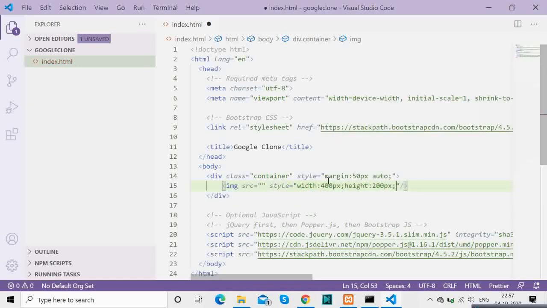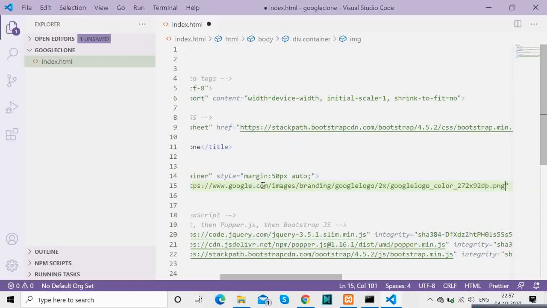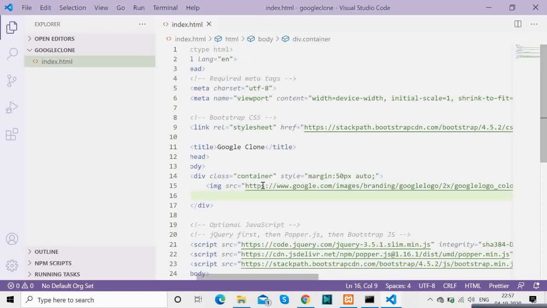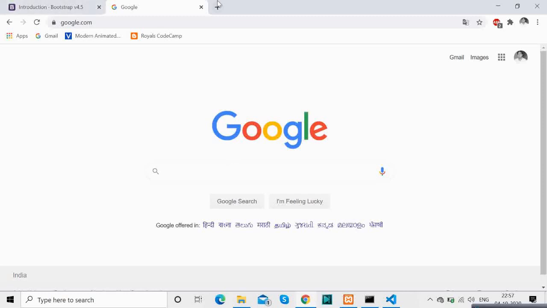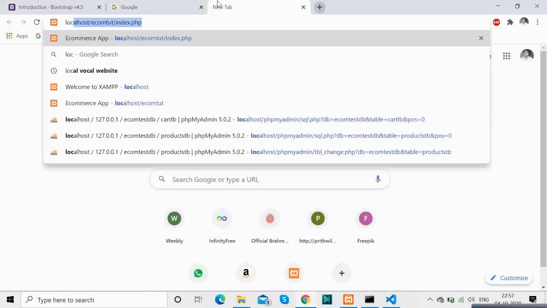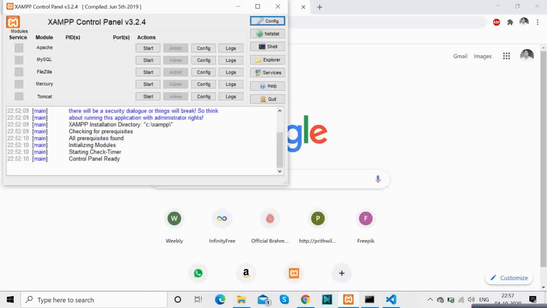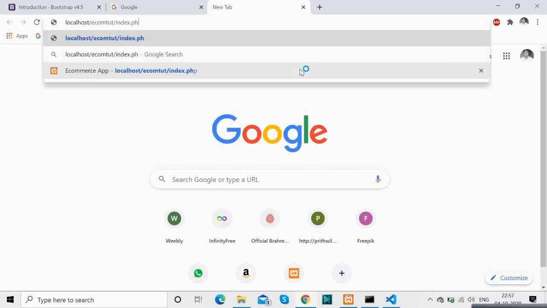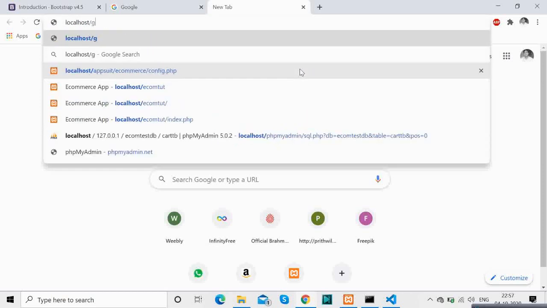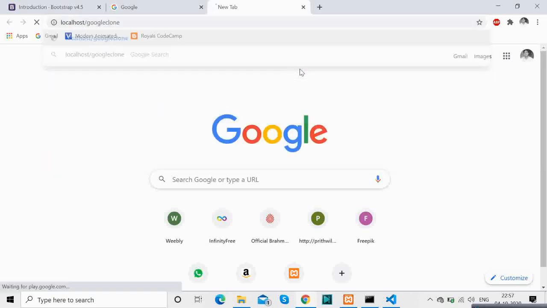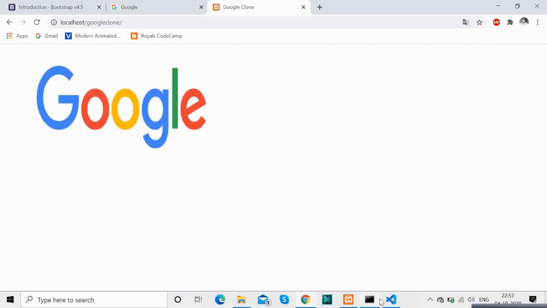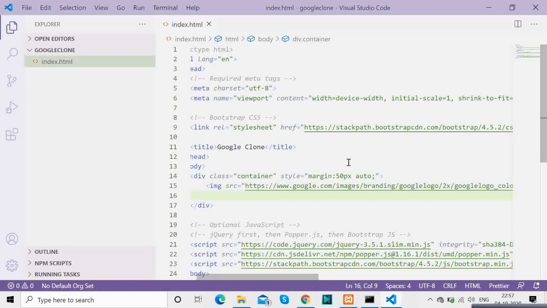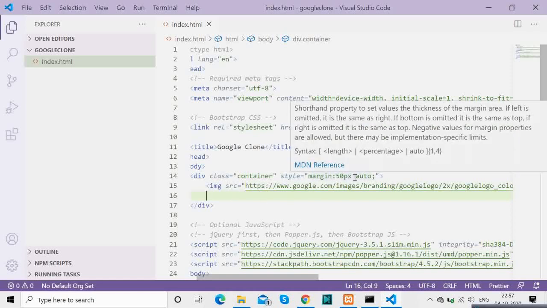So I am starting the server. Okay, so we have already installed XAMPP and we are starting it over there. I am writing the code in VS Code. So we have started the server also, and now we will first of all align it to the center. Okay, so let me see if I can move the entire div to the center of the screen, just like Google has.